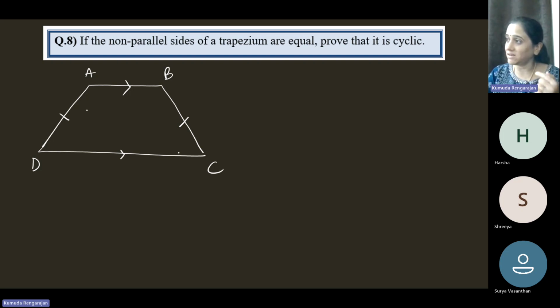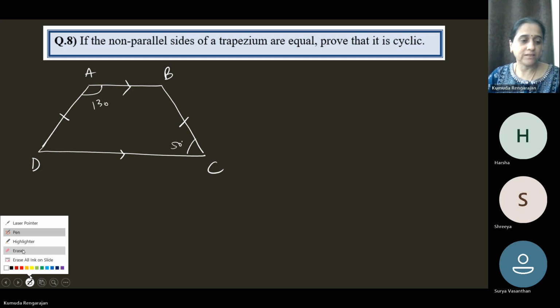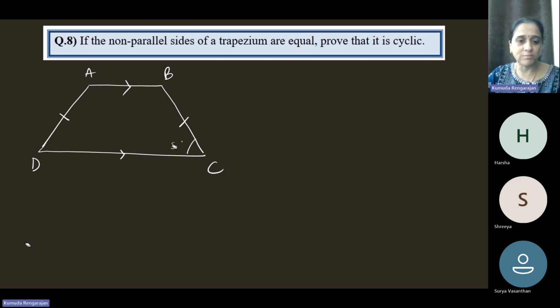In square and rectangle, opposite angles are 90 each. 90, 90, 180. But here the angles are not 90 each, but maybe like this is 130 and this is 50, and so it's cyclic. Okay, but here you cannot find the measure. You'll have to prove that angle A plus angle C is 180. You can also prove that angle B plus angle D is 180 to prove it's cyclic. So this proof you've seen earlier, meaning,